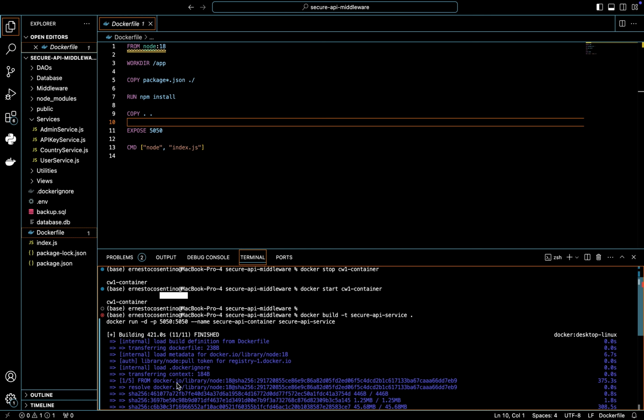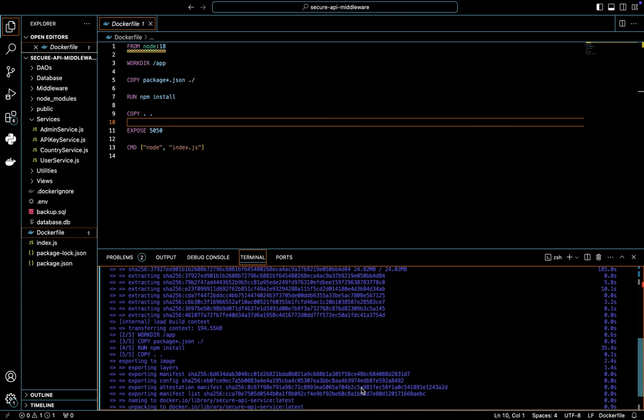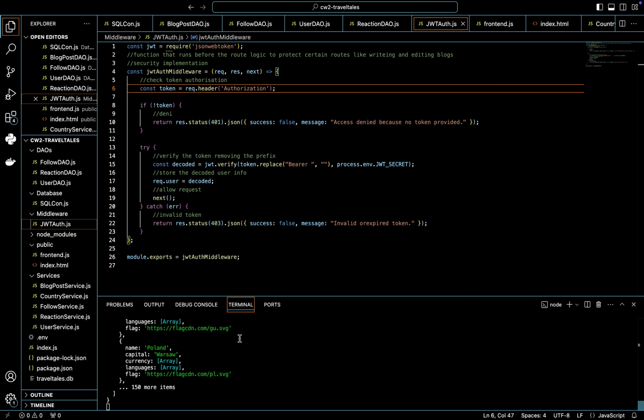And we can see here that it's running on Docker. You can see that I had already run it, but this is not a problem. It still runs on Docker, on port 5050, and Coursework 2, which is running directly on my computer, connects to Coursework 1